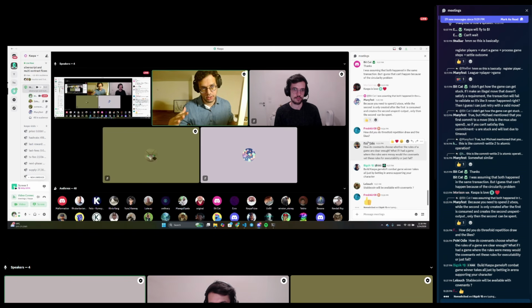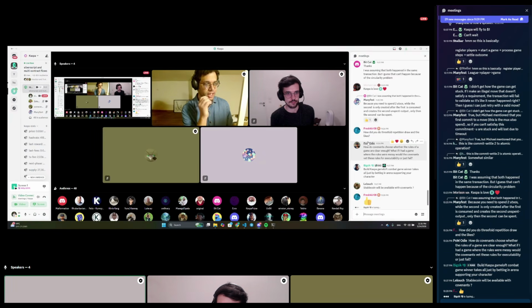You can make a tree of state and only reveal parts of it every time. I do that in some form in the game, but there is a class of games or covenants you cannot implement, definitely. I don't know exactly which. I don't know how to categorize it clearly enough.